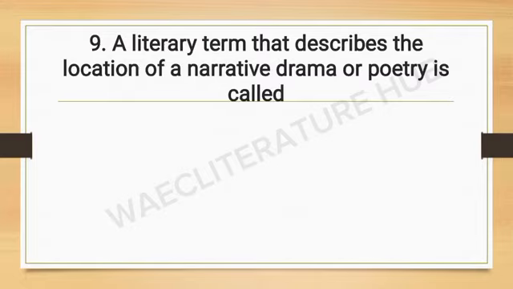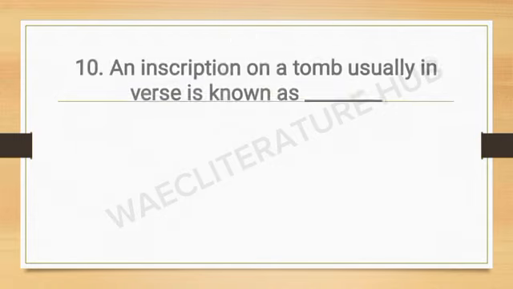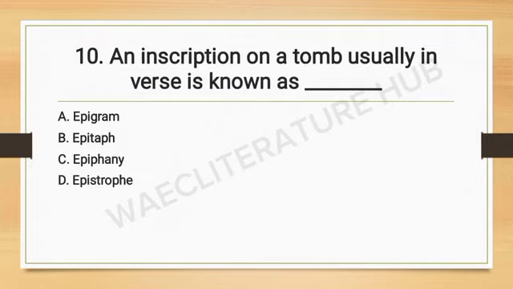Okay. A narrative term that describes the location of a literary drama or poetry is called, we've already talked about this, and it is setting. An inscription on a tomb, usually in verse, is known as epigram, epitaph, epiphany, epistrophe, and of course the answer is epitaph. Even if you've not been to a graveyard before, I'm sure you must have watched a movie where a scene happened at the graveyard, and on a particular grave you have some inscription. It could be like three lines, very short. Those are